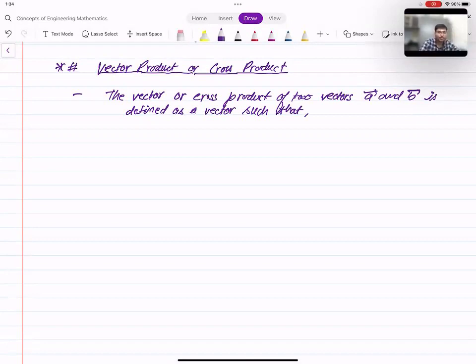So we should define the conditions to determine the magnitude and to find the direction. Okay, so such that its magnitude is given as